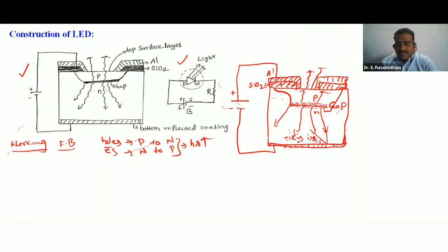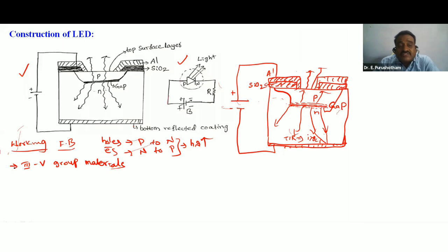To overcome this total internal reflection problem, the inside of the box, the top surface, bottom surface, and left and right surfaces, are coated with third group and fifth group materials. First point: to overcome this problem, all the inside surfaces are coated with third group and fifth group materials.